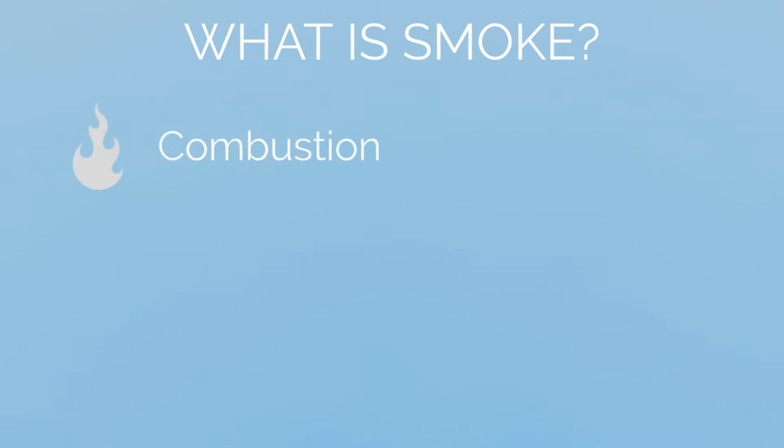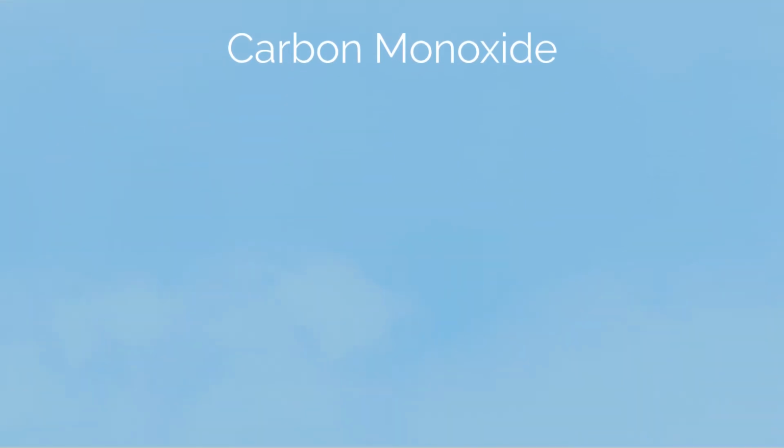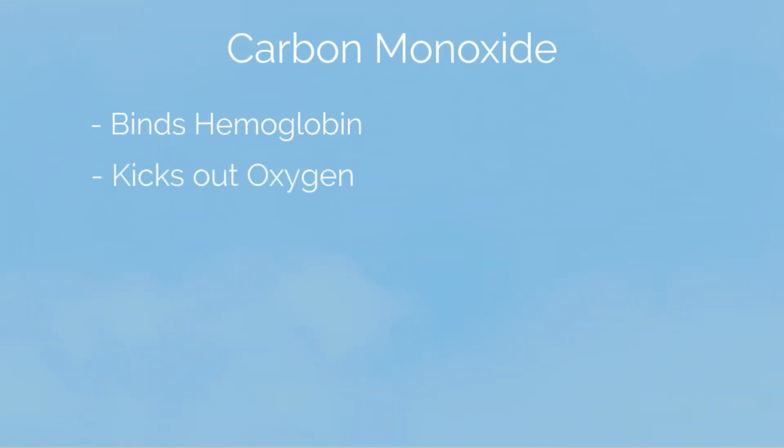But the most important thing is to understand that smoke is smoke. What is smoke? Smoke is combustion. Things are burning. So basically, when you burn something, you're releasing carbon dioxide and water. But there's a very evil molecule called carbon monoxide. Carbon monoxide likes to bind your hemoglobin and kick out your oxygen. And if you don't have good oxygen in your bloodstream in the areas where you want to have surgery,